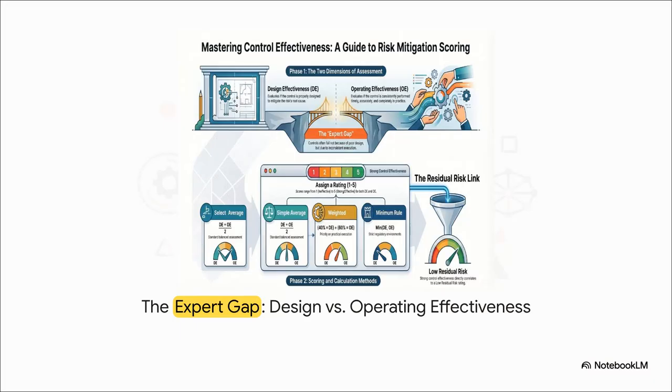Now, what I find genuinely fascinating here is the biggest trap in all of risk management. We call it the expert gap. In Step 3 of the RCSA, when you're evaluating your controls, you have to measure 2 dimensions. First, design effectiveness, which asks, is this control designed properly to stop the risk? But then there's operating effectiveness, which asks, do our people actually perform this control consistently and accurately in the real